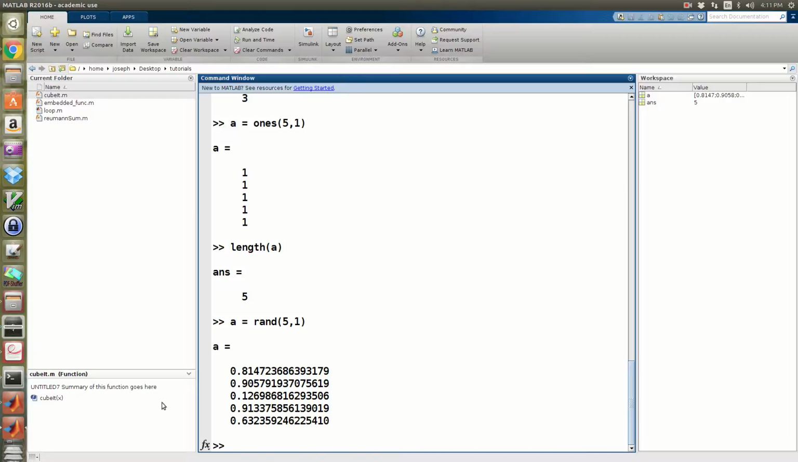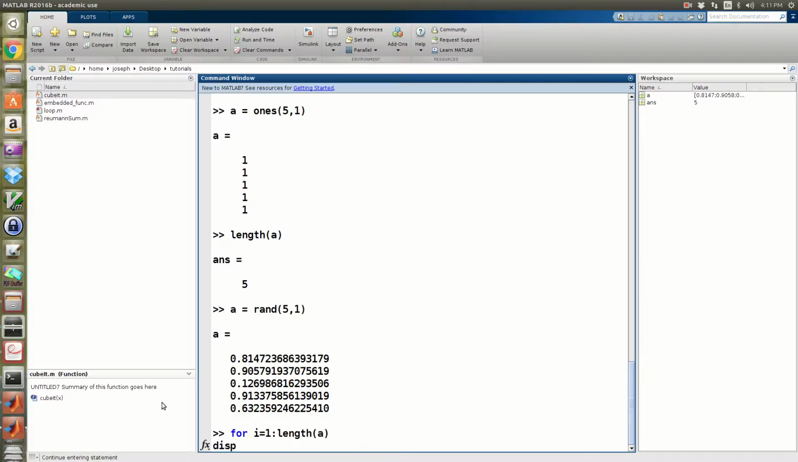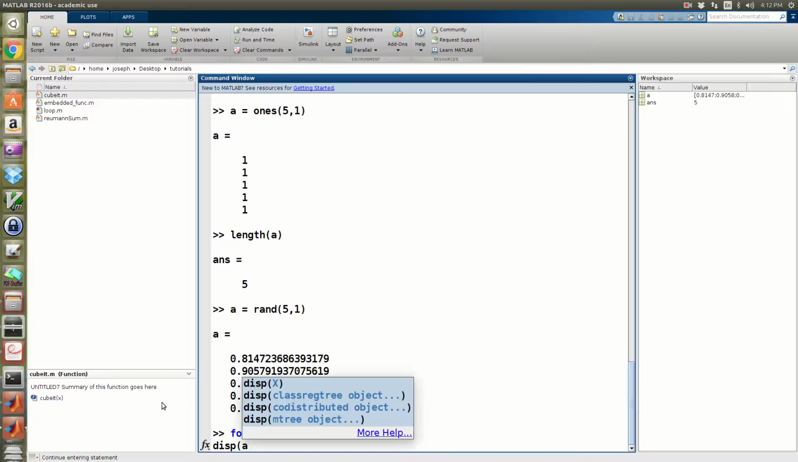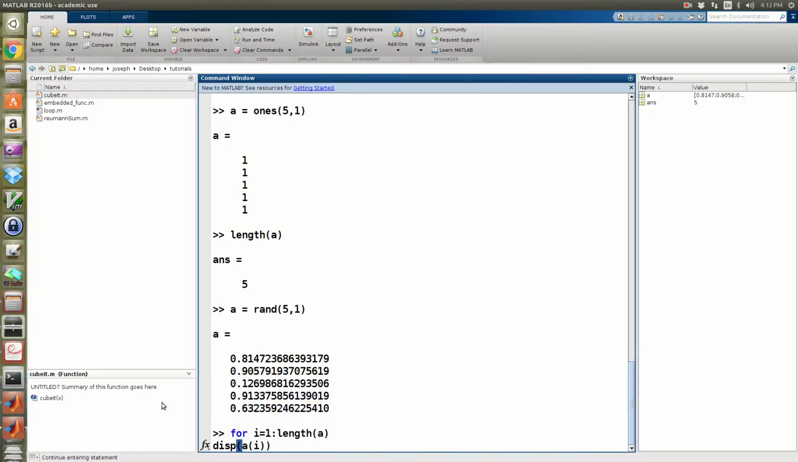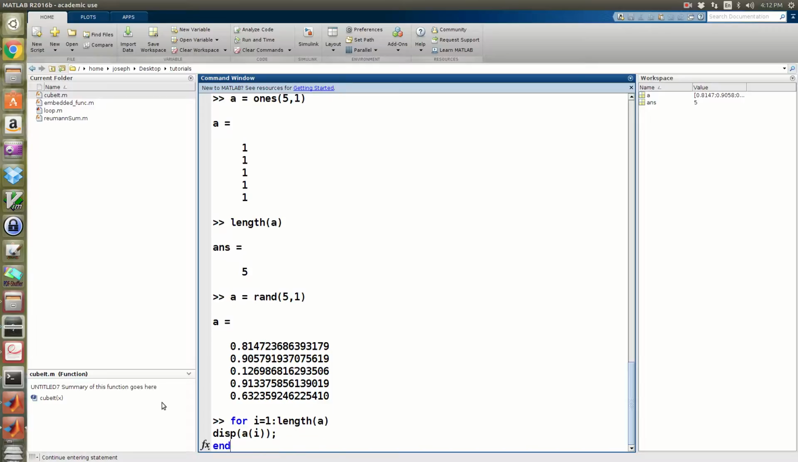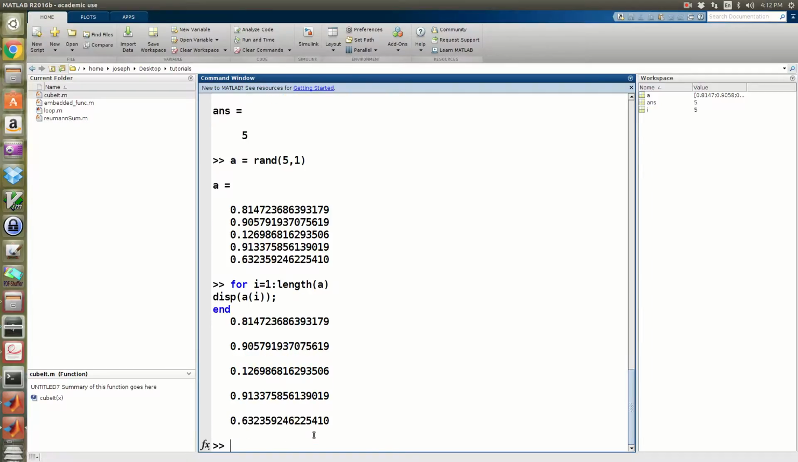Now if I wanted to print the values of these out using a for loop, I could say for I equals 1 to the length of A, display A(I). What this is going to do is run through this loop, and I is going to start incrementing from 1 all the way till the length of A, which is going to be 5. So 1 to 5, and it's going to display the ith component each time. So if I do that, hey, look, it just